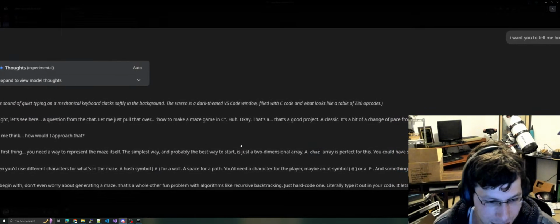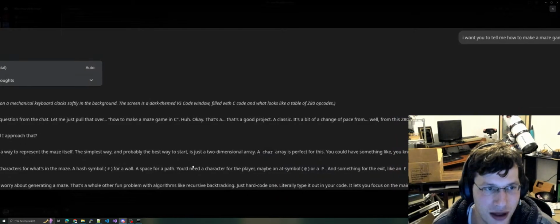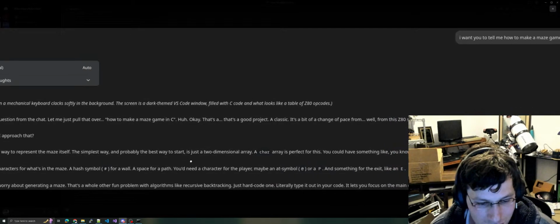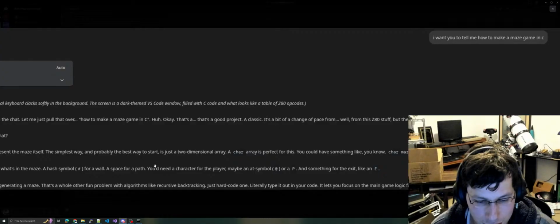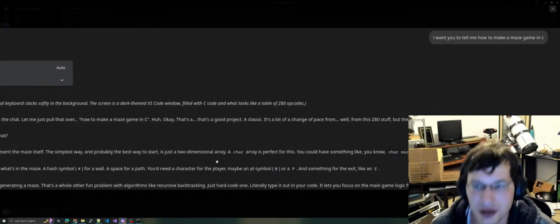I mean, don't even worry about generating the maze. It's a whole big fun problem. I would never say fun problem. It's just another problem, with recursive backtracking. Just hard code one. Literally type it out in your code. It lets you focus on the main logic. So like,